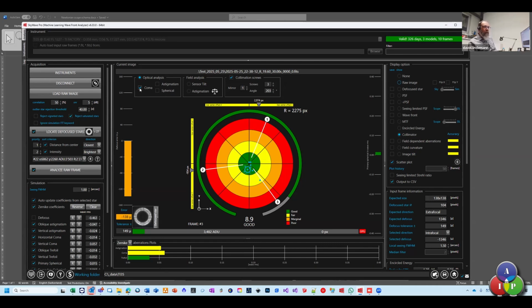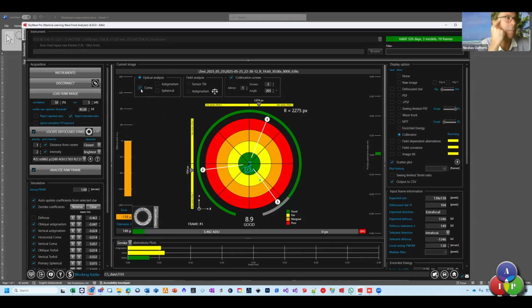First, you go with the coma and turn the primary knob in order to solve the coma. If the coma is good enough, you don't have to do that, and you can go directly to the astigmatism. And then you move in front of the telescope to turn the secondary knob, on the same image. If you, for example, take an image, analyze it,